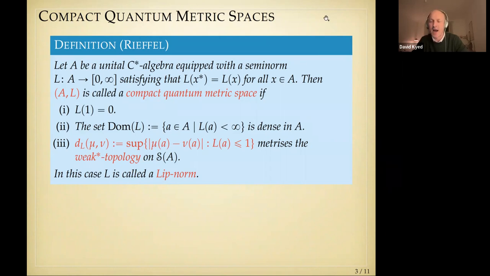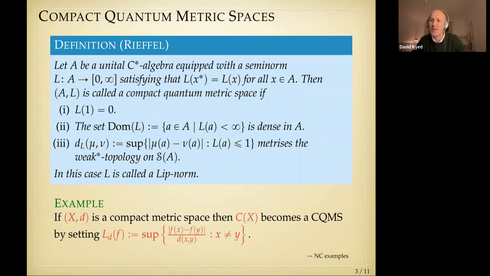And I think I owe you the canonical commutative example right away, namely if you start out with a genuine compact metric space, then you really ought to be able to build one of these compact quantum metric spaces out of it, and this is indeed the case. You just pass to the commutative C-star algebra of continuous functions. And then your Lipschitz norm, or your Lip-norm, is just associating to a function the smallest Lipschitz constant